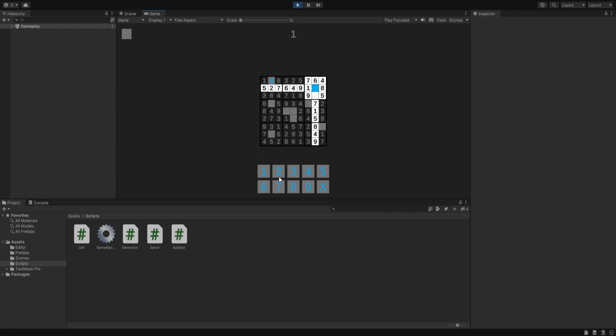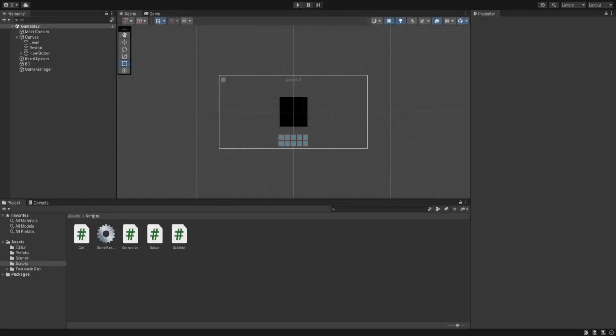So here is 9, here's 3, here's 2, here's 6, that should be 4 5 6 7 8 9, and here it should be 1, and 1 2 3 4 5 6 7 8 9, 5 6 7, and let's put the 5, and here let's put the 3, so 6 8. So it is finished, and we loaded the next level, and the only thing that is remaining to do is